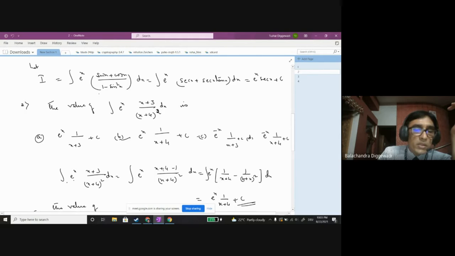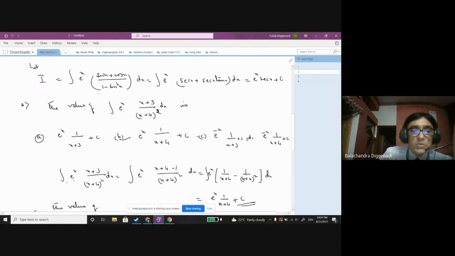The same thing I have written: x plus 4 minus 1. When you divide this term by this term, you will have 1 by a single term, minus 1 divided by this term, which remains as it is. And the differentiation now: 1 by f of x is actually minus 1 divided by f of x whole square into f dash of x. Its differentiation is 1, and it is not written.